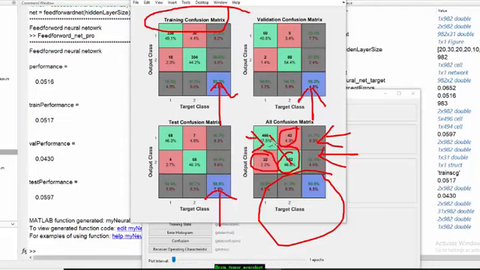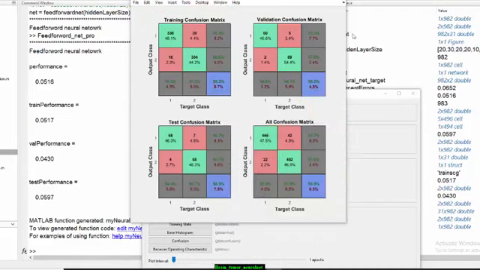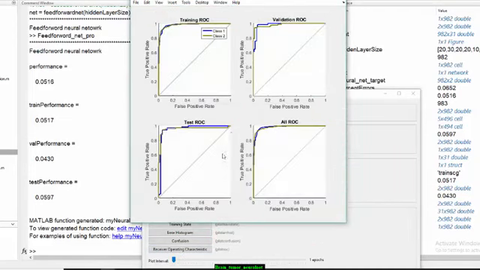As you can see from the diagonal analysis, the number of samples for class 1 is smaller than the number of samples in class 2. So that's why there is a slightly different performance in class 1 and class 2, but the ROC curve shows very good, very impressive performance here.